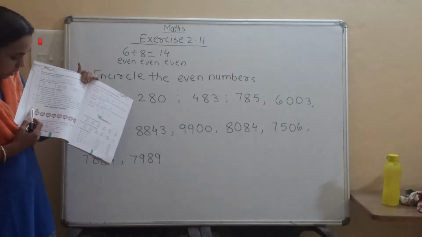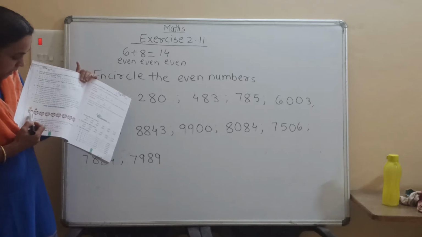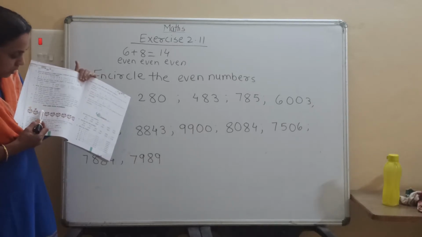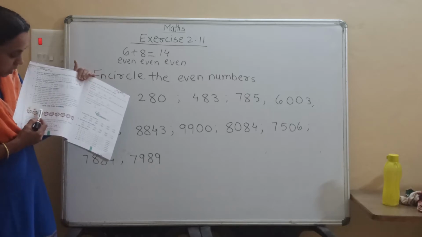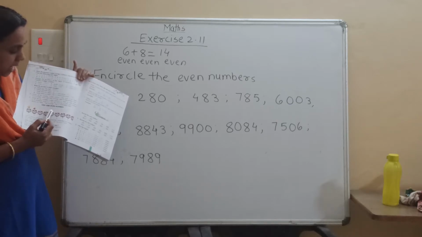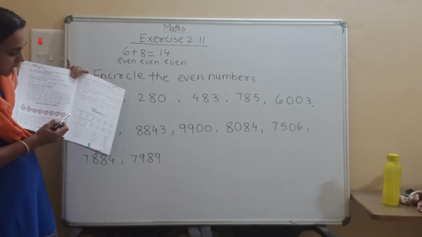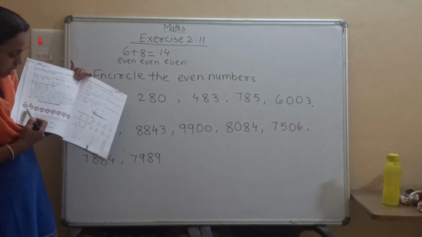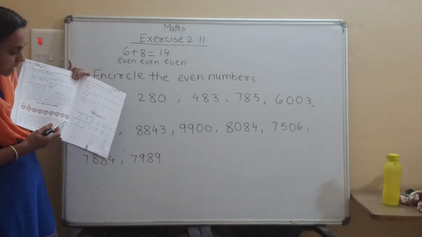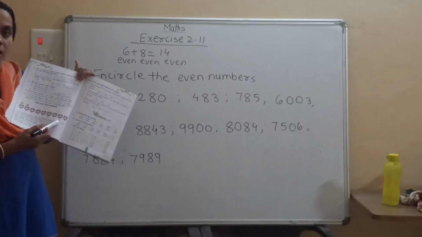So when we add plus 2 to this one number, we can see here a butterfly that is sitting on the red flower. That first butterfly sitting on the number one red flower will fly to the flower of number 3. Then from 3 it will fly to the 5th number. Then from 5 it will fly to the 7th number. And from 7 it will fly to the 9th number. So these are 1, 3, 5, 7, 9. These are called odd numbers.